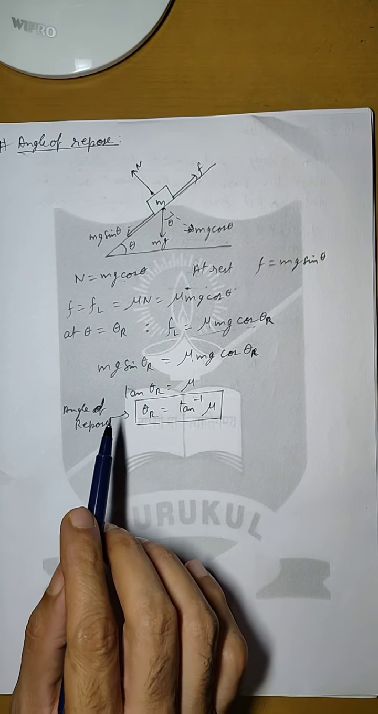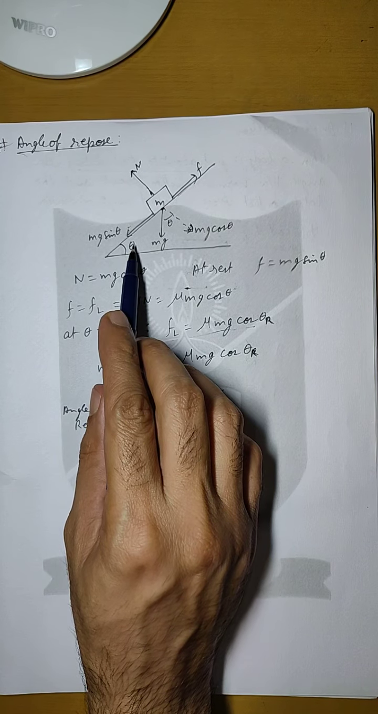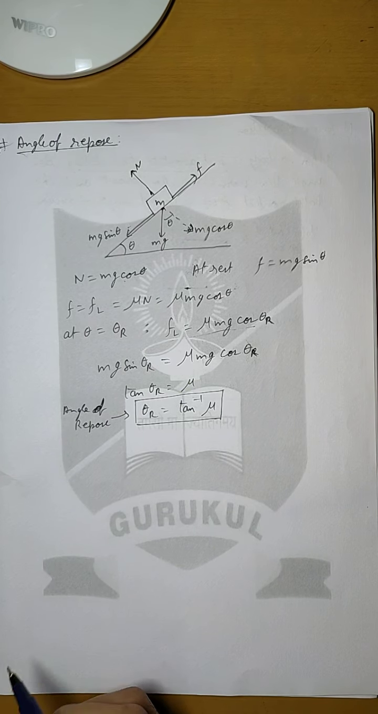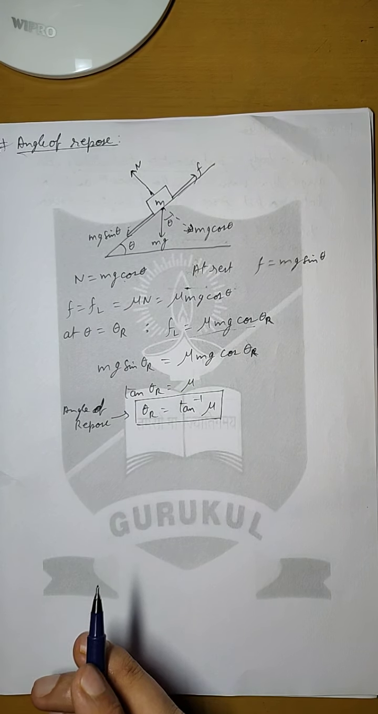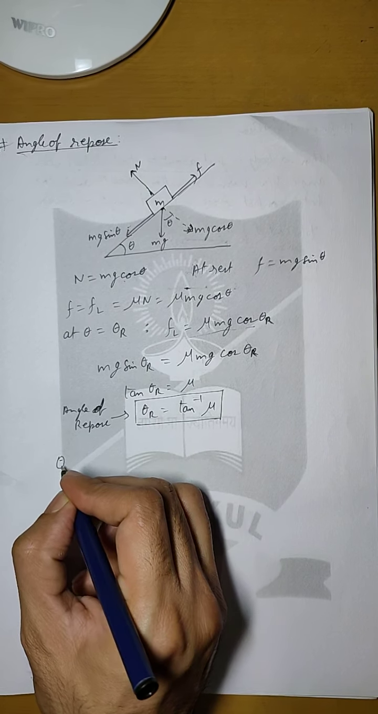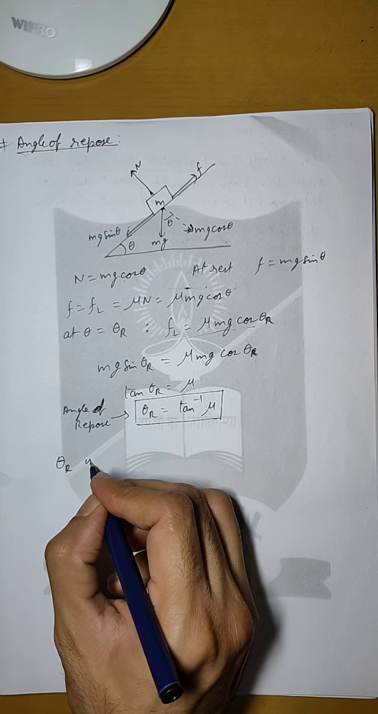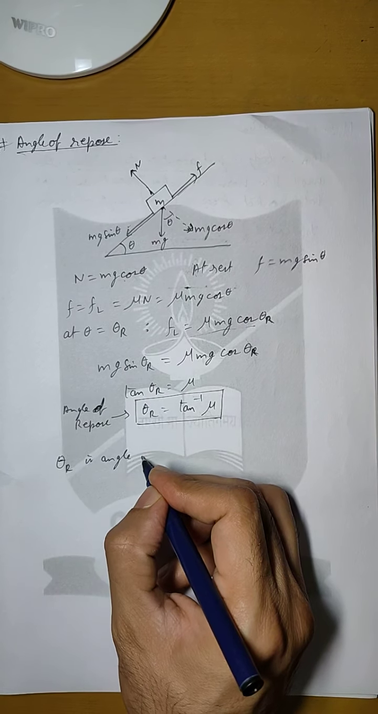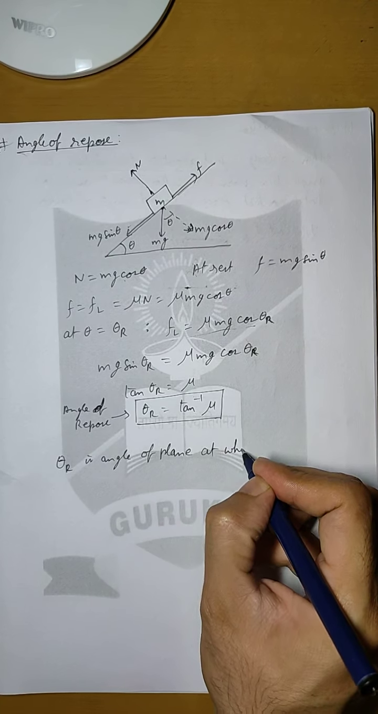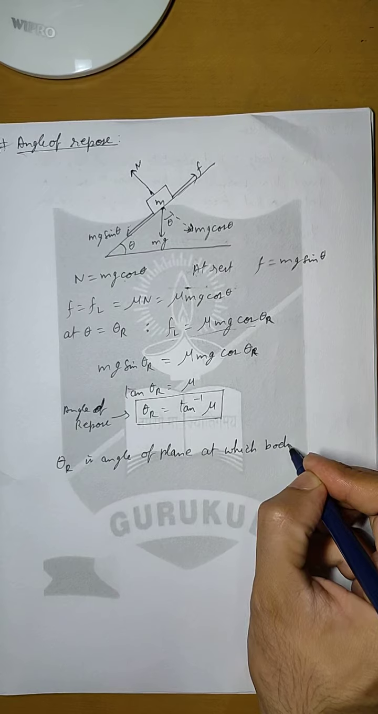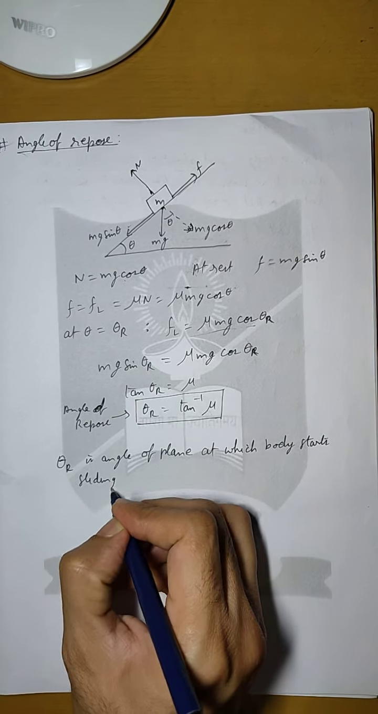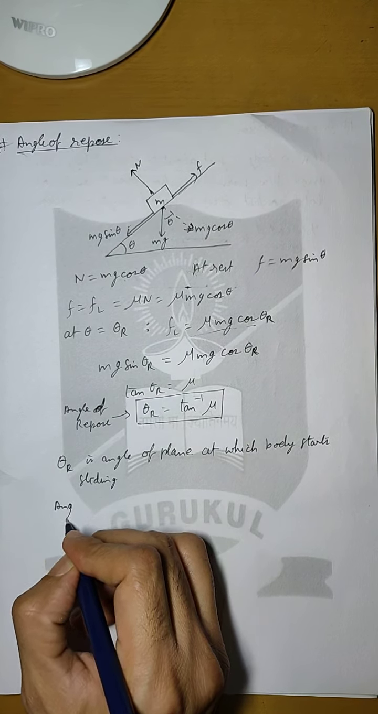Here the angle of repose is that value of angle theta when the body starts sliding, while the angle of friction was the angle between normal and contact force when the body started sliding. So we can say that angle of repose, which we will denote with theta r, is the angle of plane at which body starts sliding,